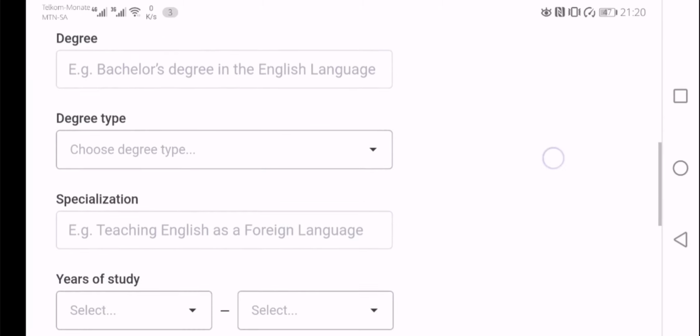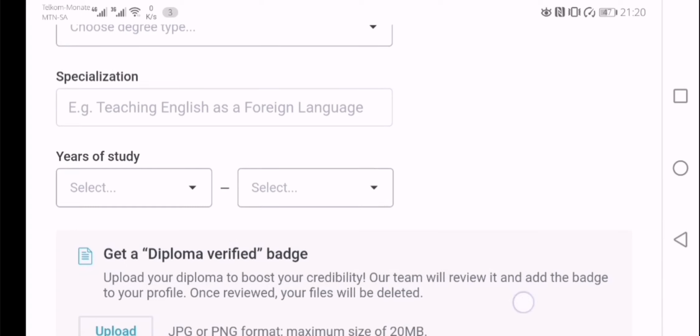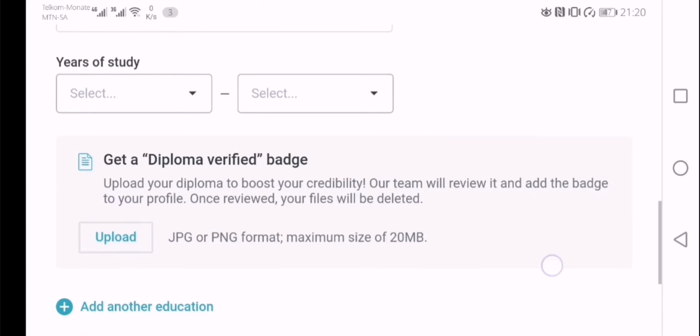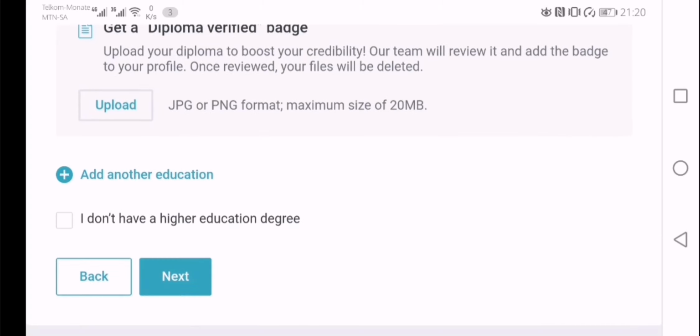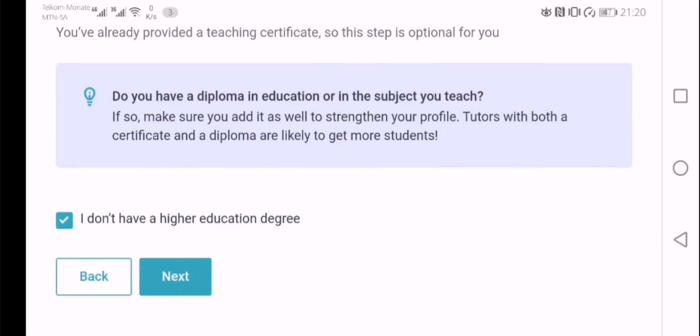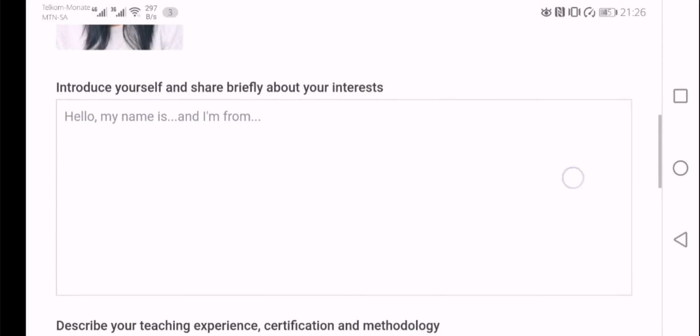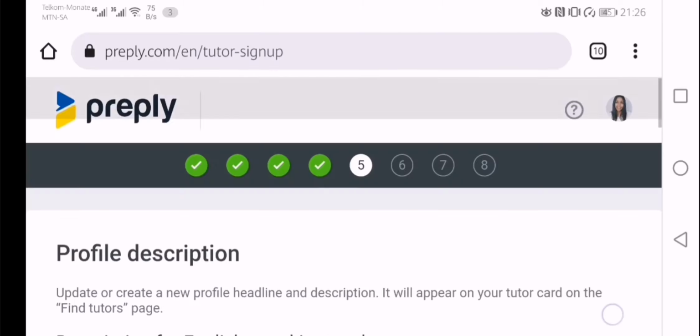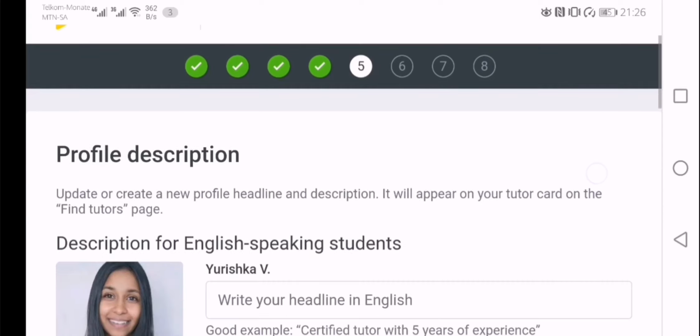If you went to university and you have a degree, you can then add that information here. And if you don't have a degree, or you didn't attend a university like me, you can just click I don't have a higher education degree. And so now that you have added in your education information, you will then have to go and edit your